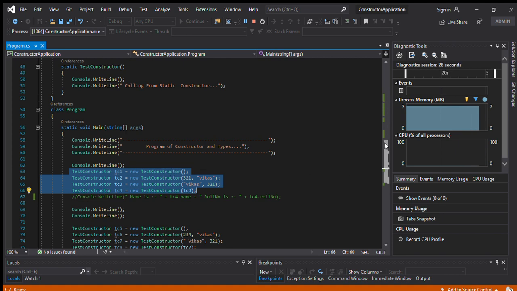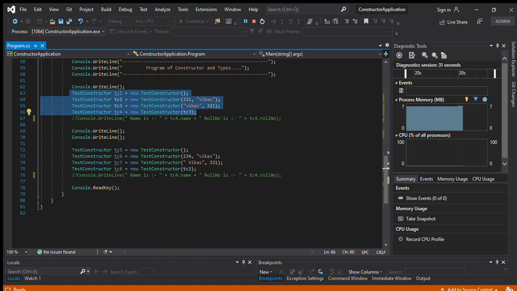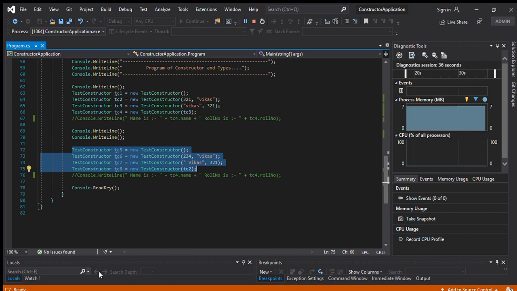After that, I call all the methods again, but at that time the static constructor is not called. Only once will the static constructor be called. These are the examples of constructors.